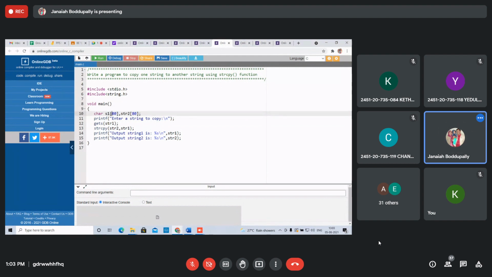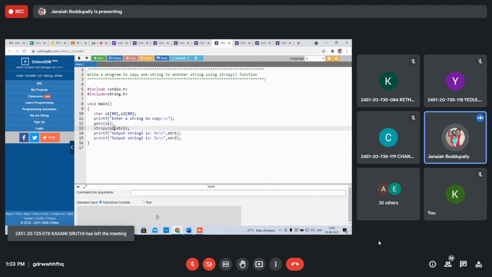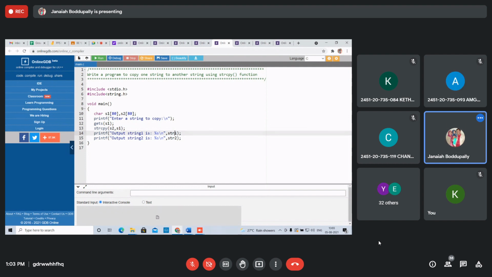We read the string into S1, copying S1 into S2, and displaying that string 2. If you display string 1 and string 2, we copied string 1 into string 2. That's it.